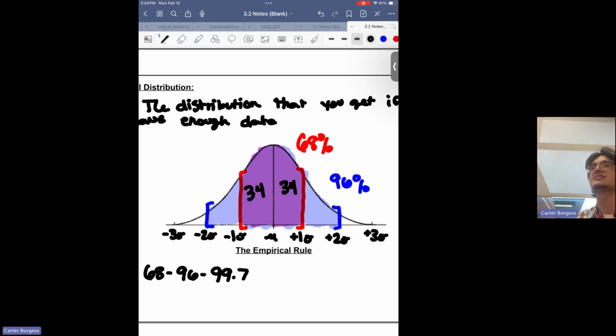You'll sometimes see the next is like 13.5 or 14, depending on whether we're doing the 95 or the 96. I'm going to go ahead and call it 14. Again, it's like 95.6, but whatever. And then here we have about 1.85%.